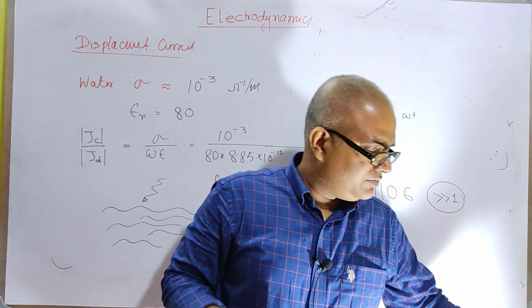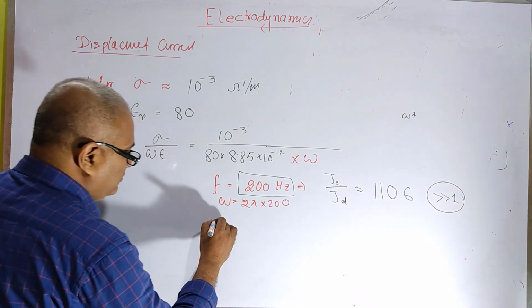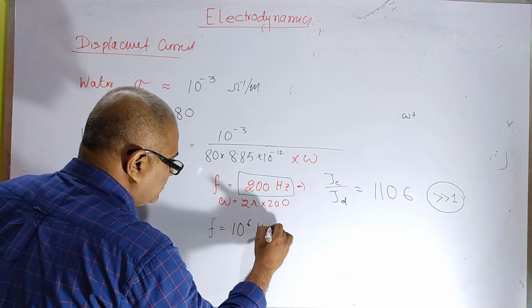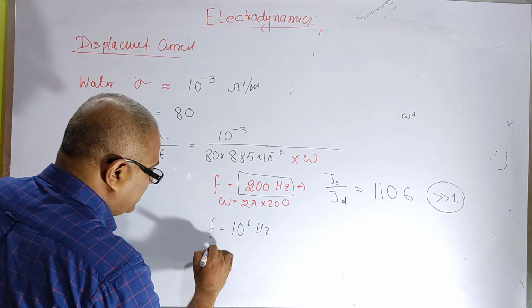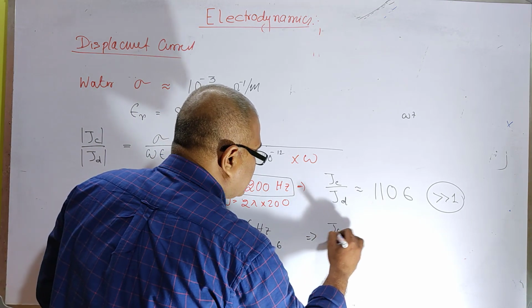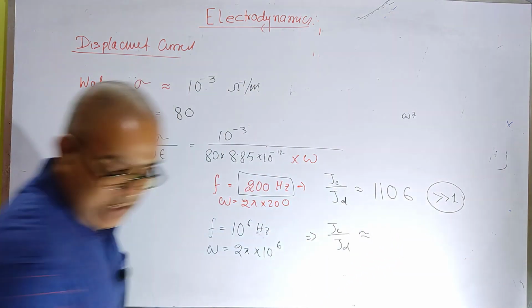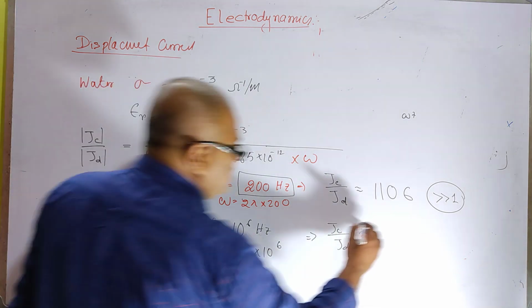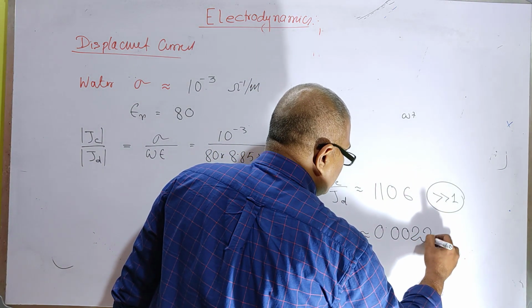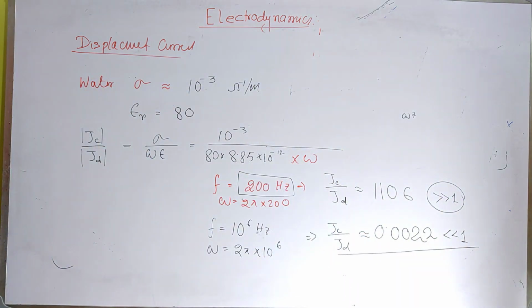But this is not so. Now, if you apply higher frequency, about 100 megahertz, that is omega equals 2 pi f, 2 pi into 10 to the power 6, put the same value, sigma by omega epsilon, that will be 0.0022. So at this frequency the water will behave as